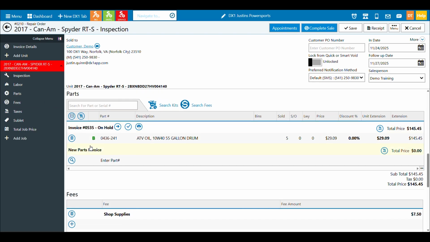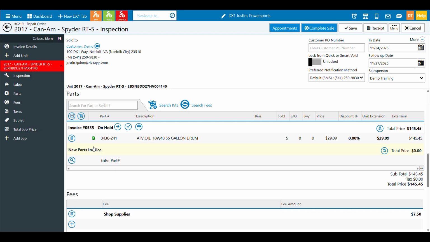First, on our parts, all parts invoices will have to be completed. So in this case, I made one with just parts in stock, but do keep in mind, which would be obvious, I couldn't complete this repair order if I didn't have the parts received yet that I special ordered to make the repairs. I mean, that just should be obvious. Once they do need to be picked up, they need to be picked up or refunded completely. If you forget to do that, there will be a banner reminding you.